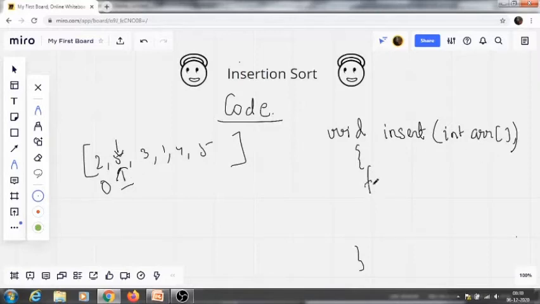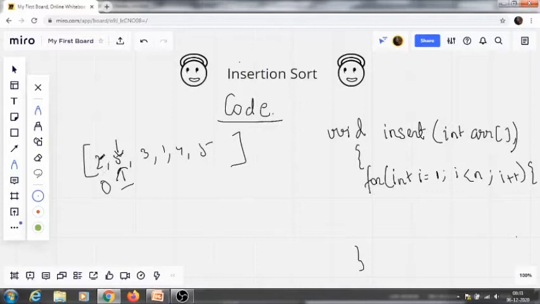So we will start a for loop. I hope you must be knowing what a for loop is. If you have any doubt, you can ask in the comment section. For int i equal to 0, sorry, we will not start with 0. I have already told the reason why. We will start from 1, because we need to check with the previous elements, and i is less than n, because n is the number of elements, and then i plus plus. I hope the reason is clear why we are starting from 1.